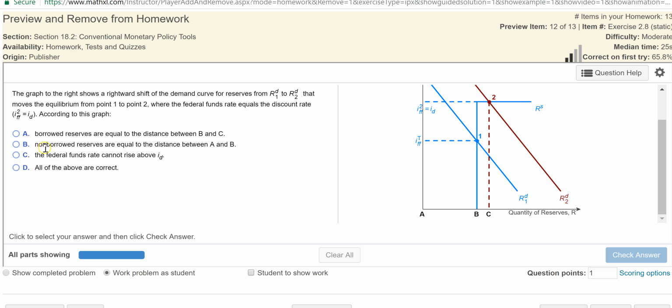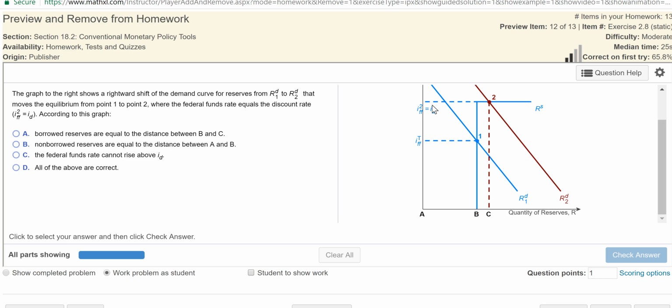So B, non-borrowed reserves are equal to the distance between A and B. Actually, that's also correct, as we just explained. C, the federal funds rate cannot rise above i subscript D. That is the discount rate, which is the horizontal portion of the supply curve. And that's also correct because